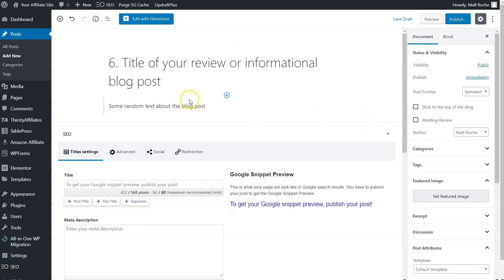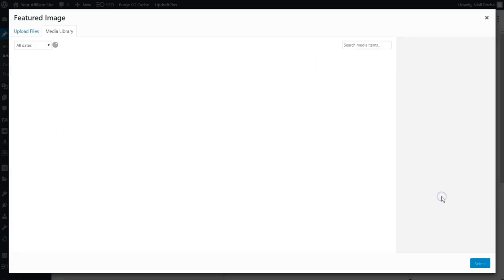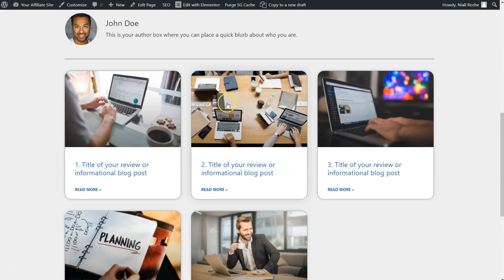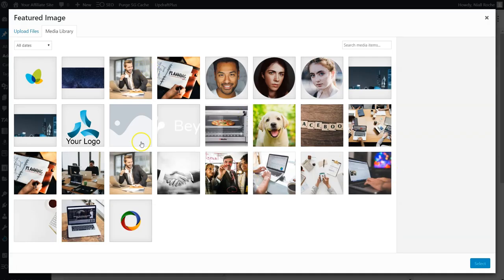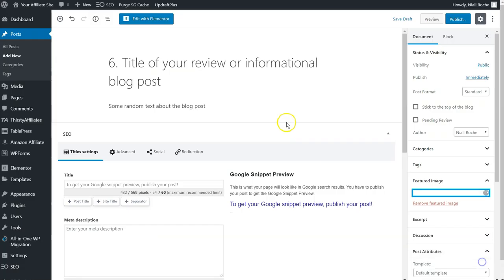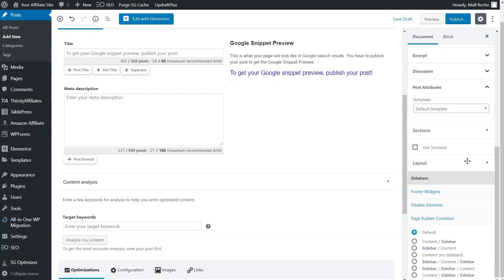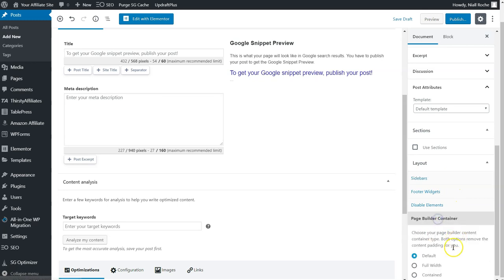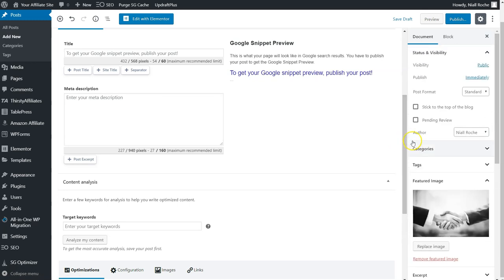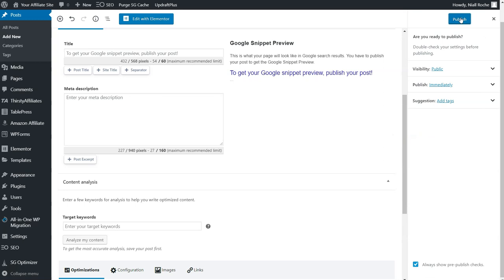We've given the blog post a title and we've added some text, but we would also need to set what's called a featured image, and the featured image is what you see here. So if we pop back and we choose the shaking hands image, and then if we scroll down from there, the next thing we see are some styling options. The styling options we want to use for this blog post is content no sidebars, and then if we click on page builder container, we're going to choose full width, and then we're simply going to click on publish